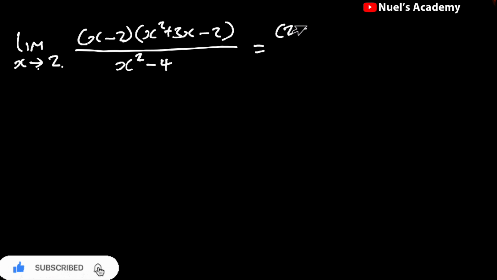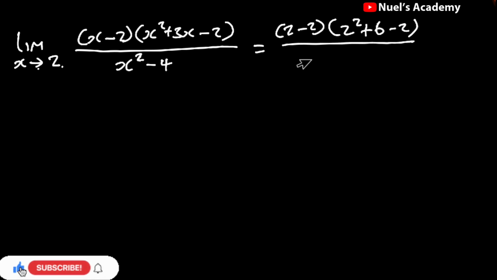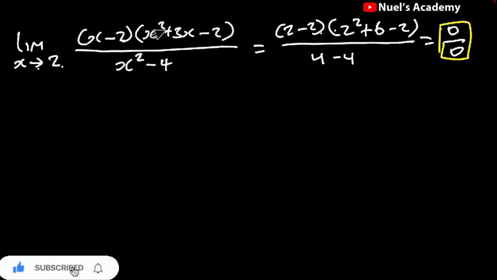So we have (2 minus 2)(2 squared plus 3 times 2, which is 6, then minus 2) over 2 squared, which is 4, minus 4. So 2 minus 2 is 0. 0 multiplied by all of this is equal to 0, then over 4 minus 4, which is 0. So this is indeterminate. So let's go ahead and simplify this function and reduce the numerator and denominator to their simpler terms,